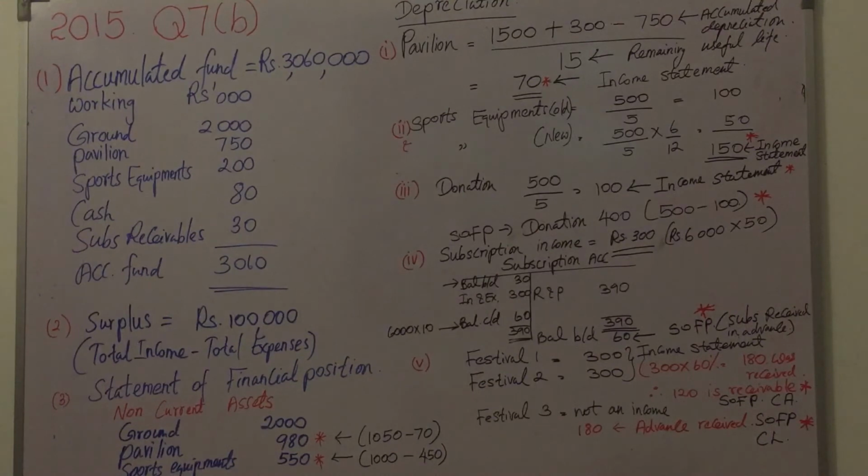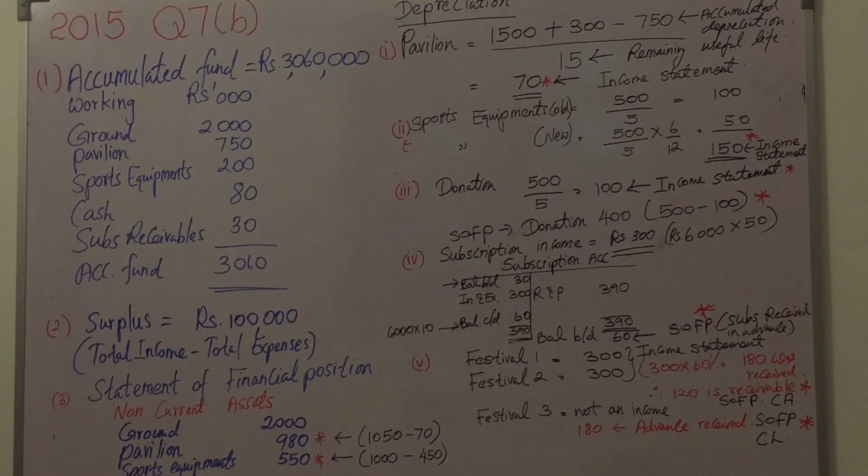Right. So in that case, by the end of the financial year, there were altogether 50 members. So they are supposed to pay an annual subscription of 6,000. So the subscription income relevant to the period is 300,000. So this 300,000 you need to include in the income statement. So if you want, you can draw a subscription account and include that on the debit side. Income and expenditure account debit 300, and in the income statement under the incomes you can include that 300,000.